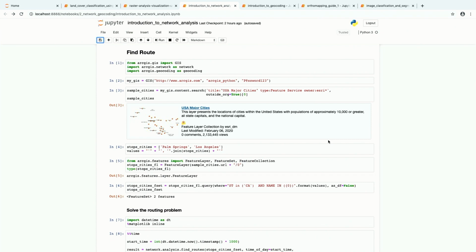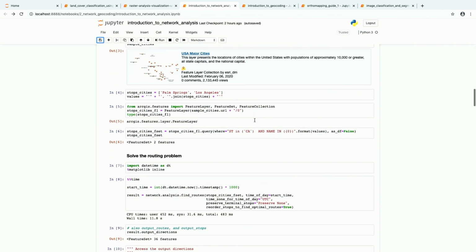What is the best way to do it? Before we touch the find route method provided by the Python API, let's make sure we have the input parameters needed for the operation. So we have found this USA major cities feature layer that's hosted on Living Atlas. What we need to do is to compose a query criteria and then use feature layer.query function, in which we specify the where clause to be state in California and the